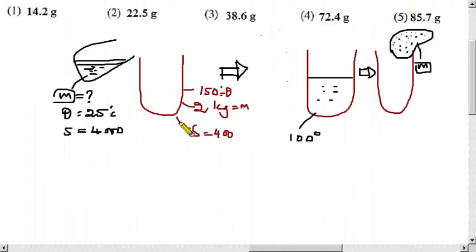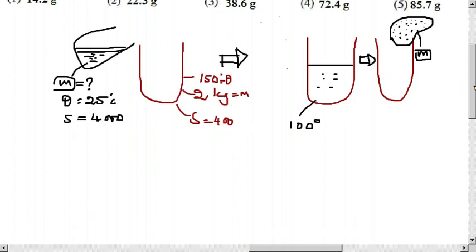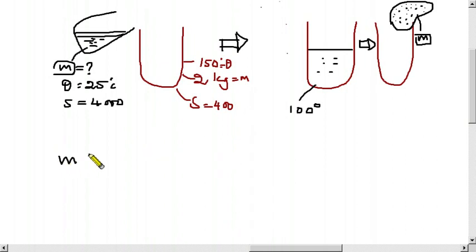So now let us write equations as previously. This vessel is the one who is giving heat. So therefore ms theta, as it doesn't change its state. If the vessel is not changing its state, we just have to write ms theta, not ml. Only if there is a change in state do we have to write the ml part. So m is 2, times 2, ms is 400, theta is 150 to 100, then 50, change of temperature is 50.